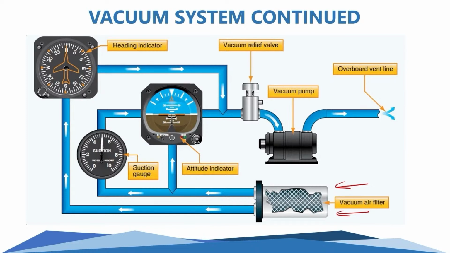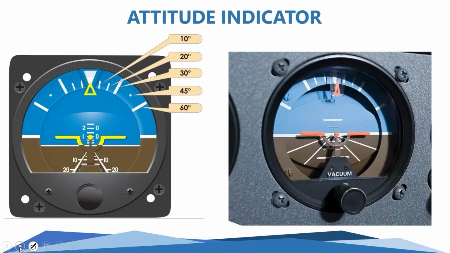Now, keep in mind, as we cover the attitude indicator and the heading indicator, you just need to make sure that you understand how yours are actually equipped. There are heading indicators and attitude indicators that are not vacuum powered. There are some that are electrically powered. There are some like the new ones, like the G5s from Garmin, which are basically digital displays as well. So we're not going to go into all the different nuances, but just make sure that you understand how yours